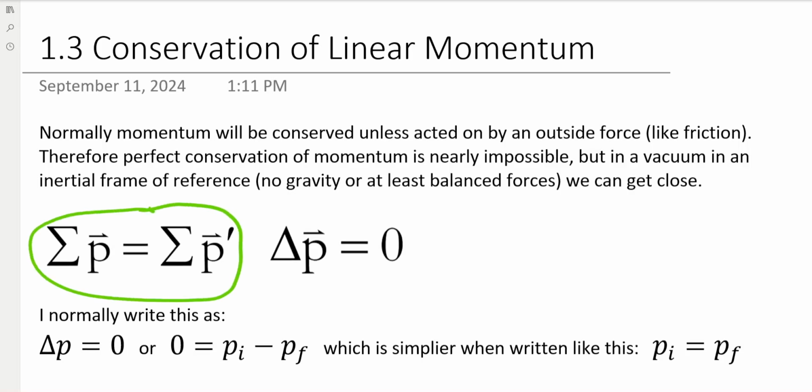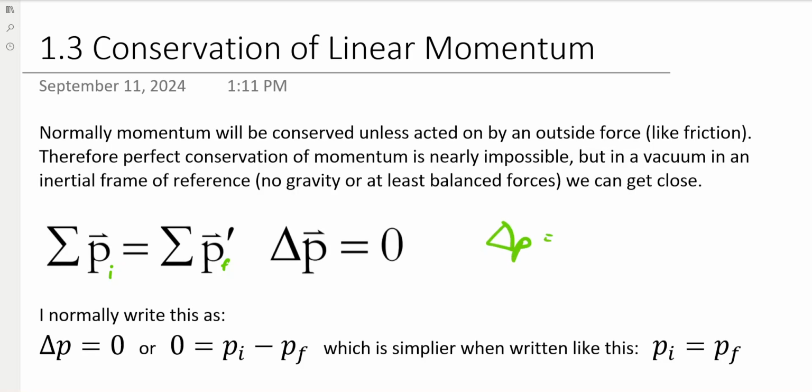that the sum of all the initial momentums, this symbol here means sum, is equal to the addition, again sum, of all the final momentums. I put an F there for final. You could also use this prime symbol, but that's basically just meaning final. So the sum of the initial equals the sum of the final, or another way to say that is